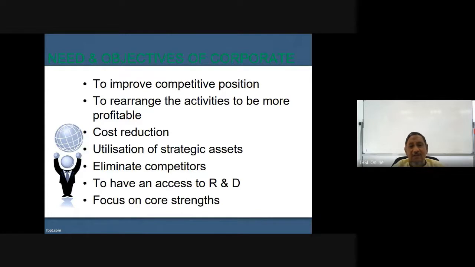Okay, let me give another example about the competitive environment, how it has been affected. Sometimes, like Sri Lanka also has been